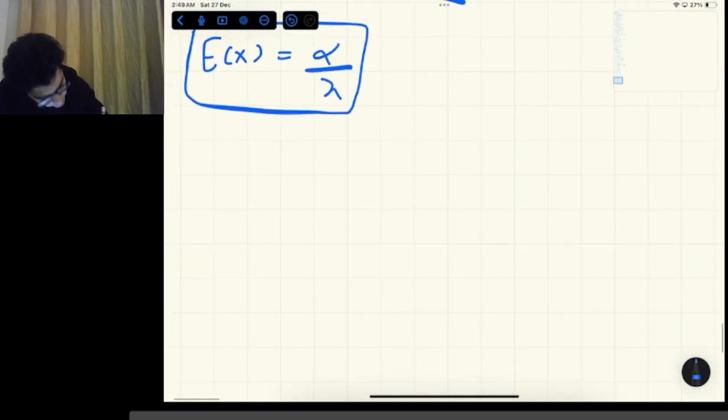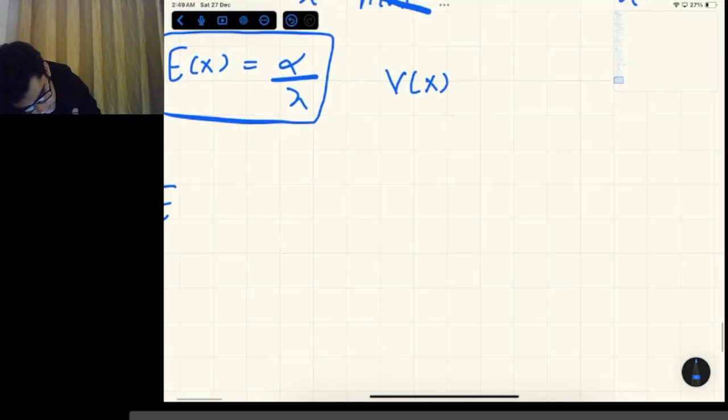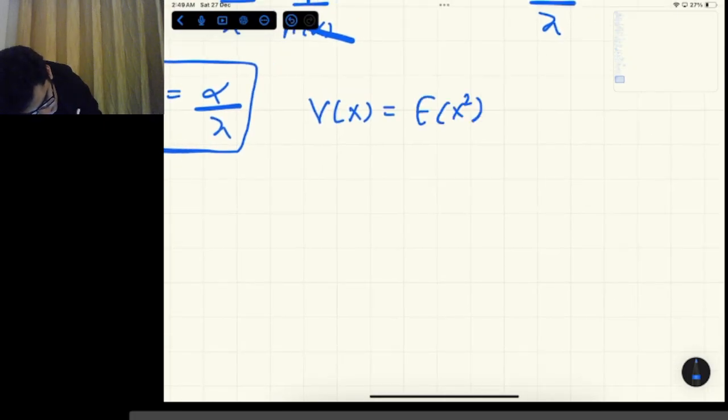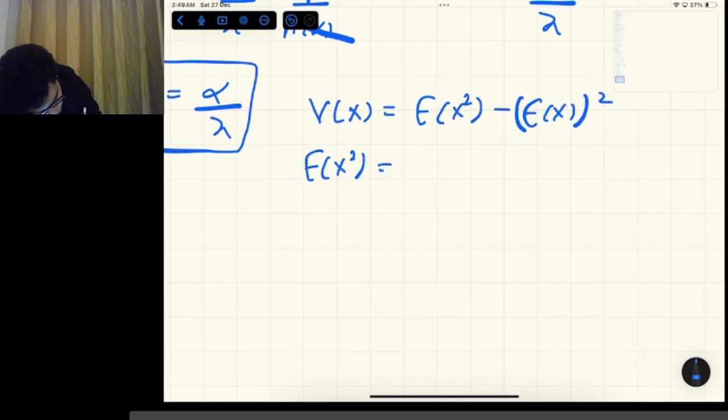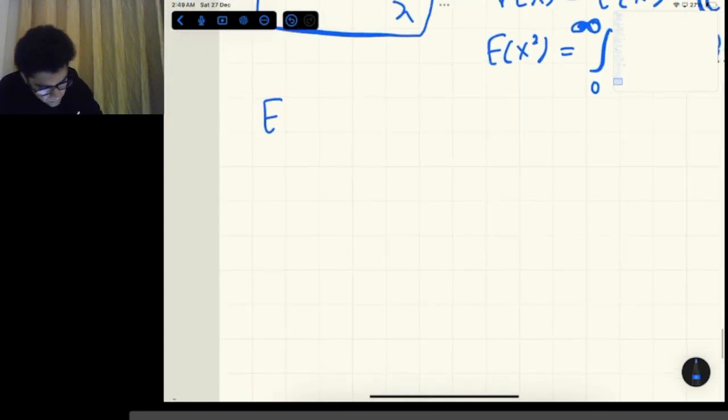Now if I move on, we need to find the variance, and the formula for variance is E of x square minus E of x whole square. Now we know that E of x square is the integral from 0 to infinity, because our limits are 0 to infinity. Otherwise, if the limits were minus infinity to infinity, I would have written the limits as minus infinity to infinity. But here I have my limits from 0 to infinity, so I'll be using that. So I'll be writing x square f of x dx. So now this becomes